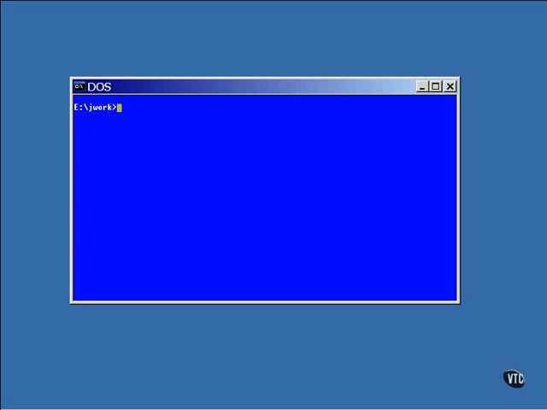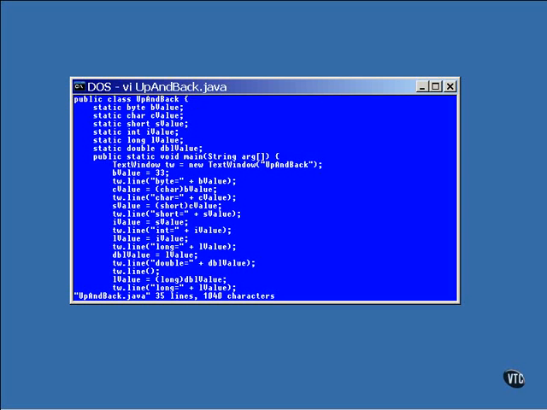I've written a small program that demonstrates some of these conversions. This program starts with a byte value and uses a series of assignment statements to cast it up to a short, a char, an int, a long, and a double. Then it reverses the process and assigns it all the way back down through each type again. As long as there is no possibility of loss of precision, there is no need for casting. If there is a possibility of loss of precision, the compiler refuses to compile the statement until you include casting.